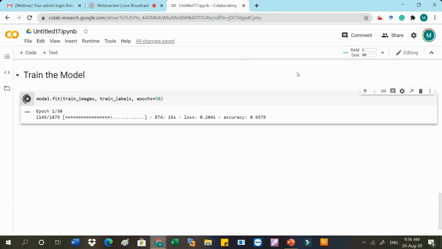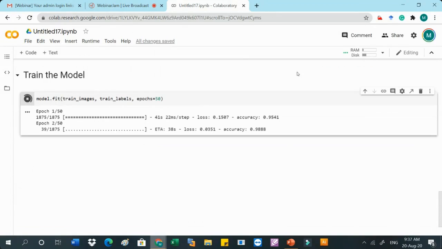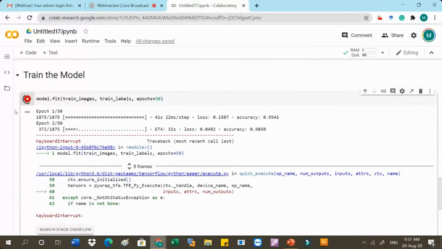We can just let it execute the first epoch. So it is taking 41 seconds. So it is too time consuming. So what we do, we just stop over here and just take only 5 epochs.